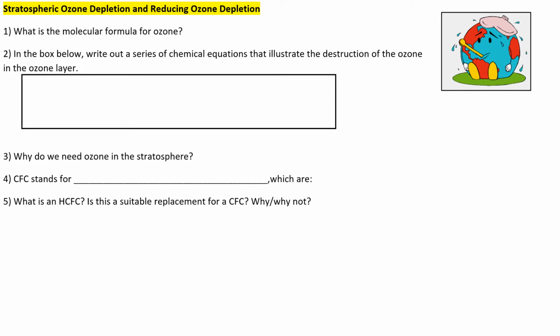1. What is the molecular formula for ozone? We have O3. Number 2. Write out a series of chemical equations that illustrate the destruction of the ozone and the ozone layer. So we have ozone,